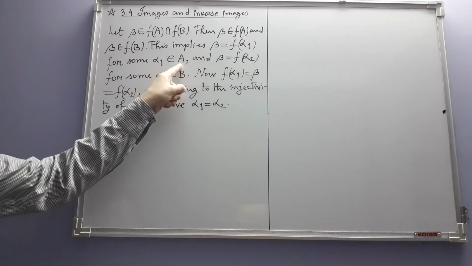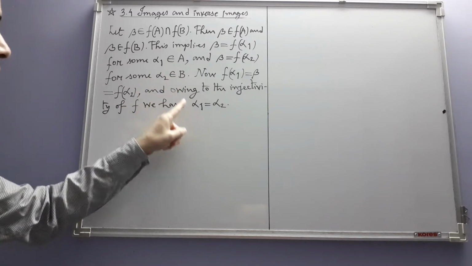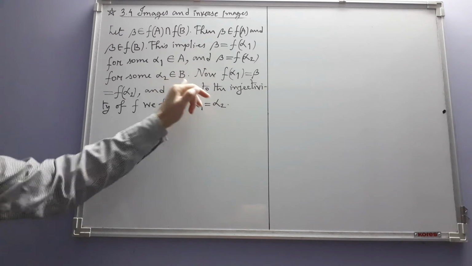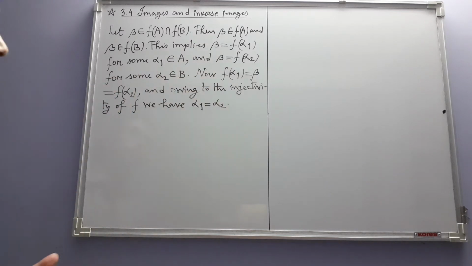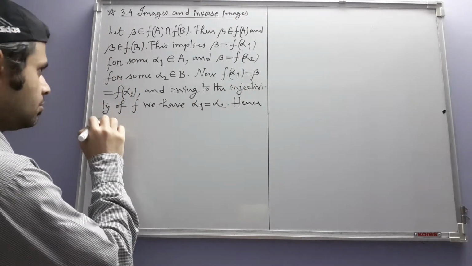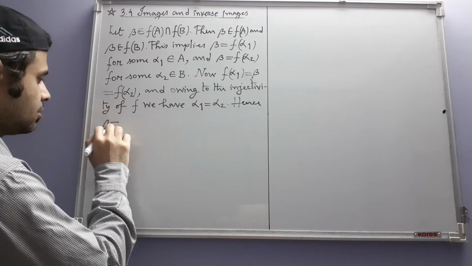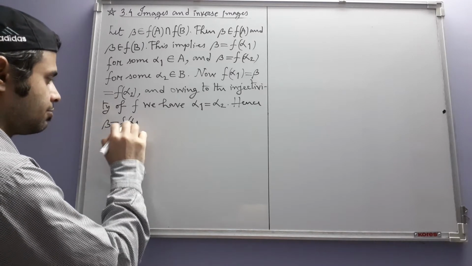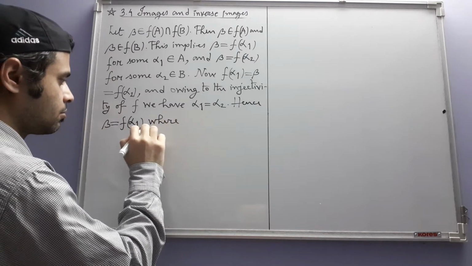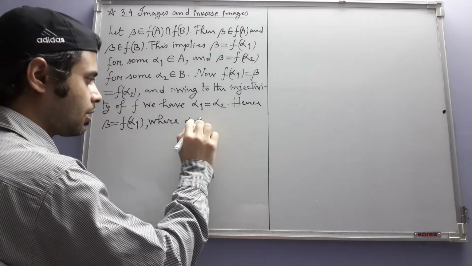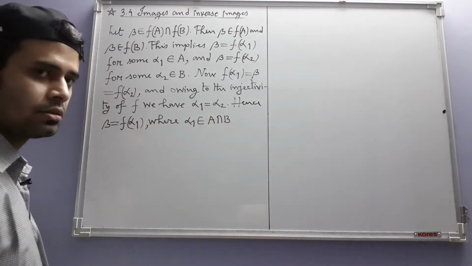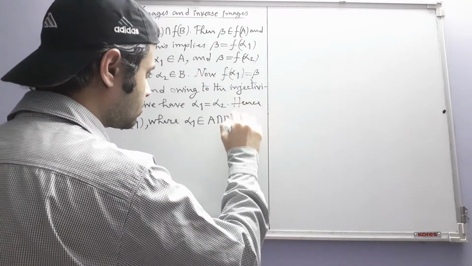Alpha 1 is an element in A, alpha 2 is in B. But since they are equal, this common element is in both A and B, that is, it's in A intersection B. Hence we have beta is equal to f of alpha 1, where alpha 1 belongs to A intersection B,